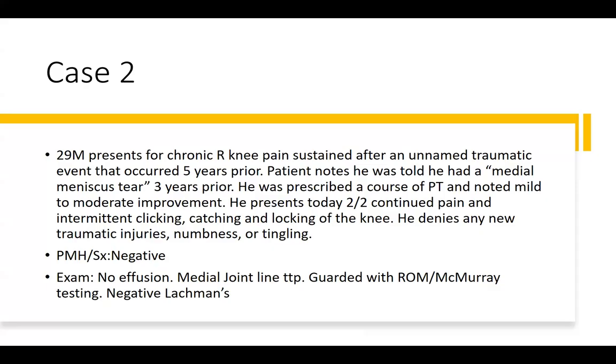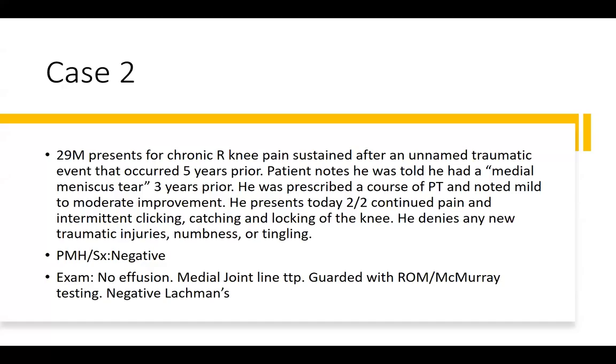Meanwhile, case two, a different presentation than case one. This is a 29-year-old gentleman who presents for chronic right knee pain sustained after an unnamed traumatic event that occurred 5 years prior. He notes that he was told he had a medial meniscus tear 3 years prior after failing conservative management before that injury that occurred 5 years prior. Following the MRI, he was prescribed a course of physical therapy, noted mild to moderate improvement, but denies complete resolution